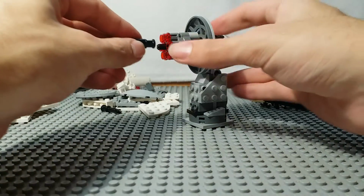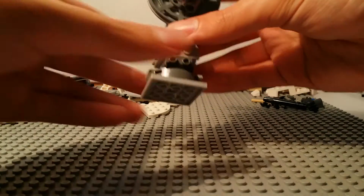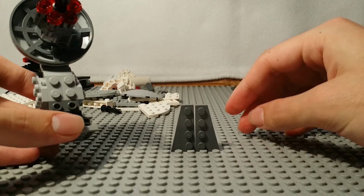Who knows why we do it like that. Push it all the way in, and then put it like so. And then we have this ugly gun. To finish it up, you take two of these winged plates, well, directional plates, whatever you want to call them,